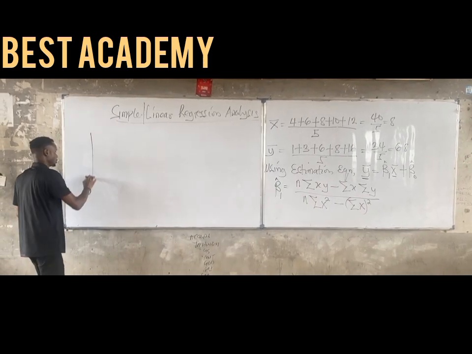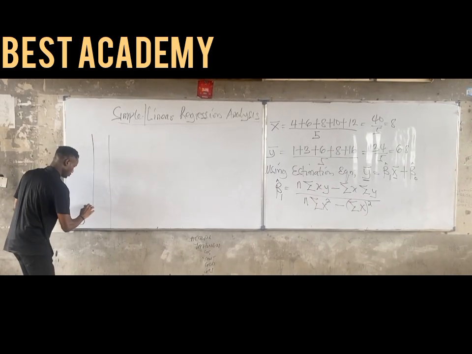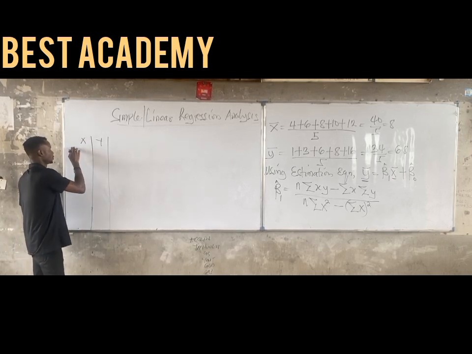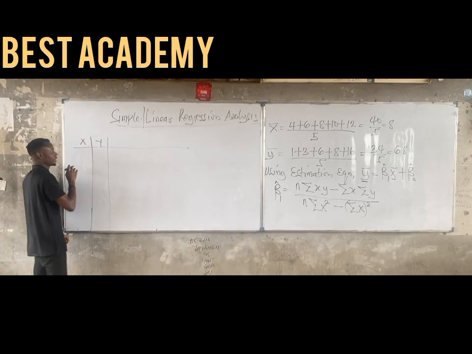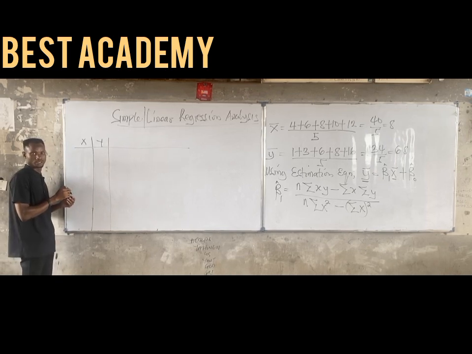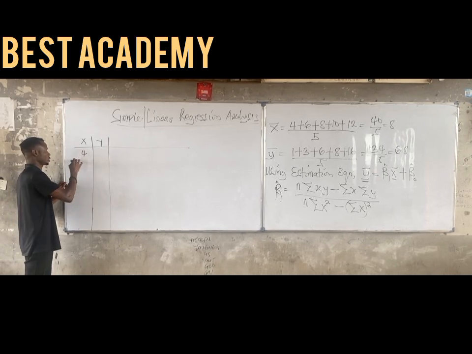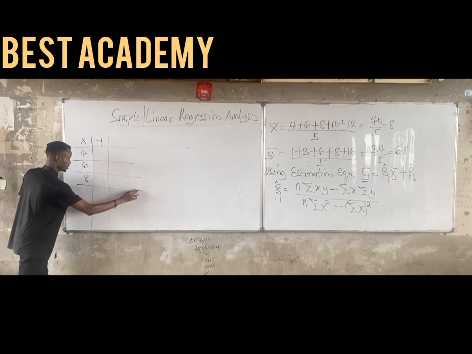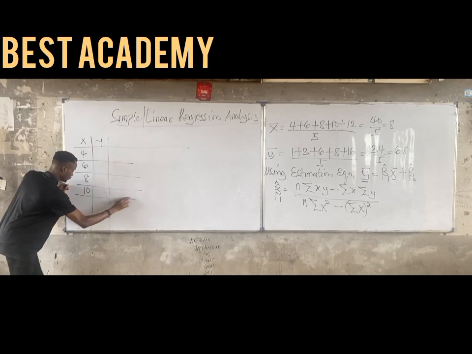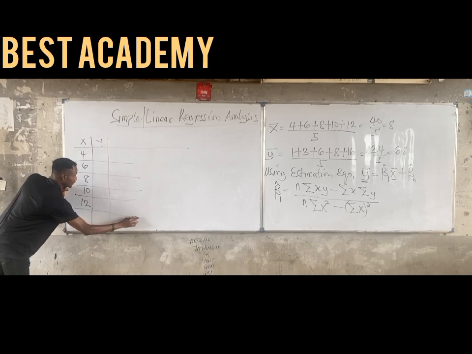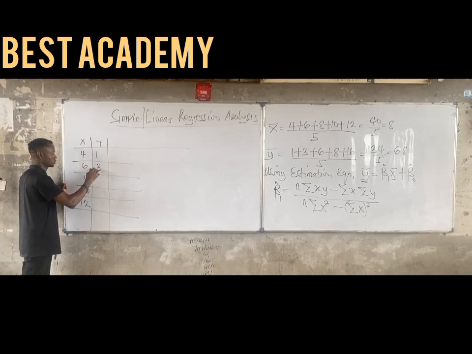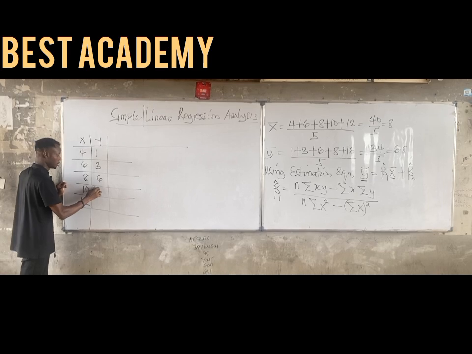Remember that in the initial table, we have X and we have Y. Now let's go. Class, what are the values of X, please? 4, yes. 6, yes. 8, yes. 10, yes. 12. Okay. Now let's get the values of Y. 1, yes. 3, 6, 8,